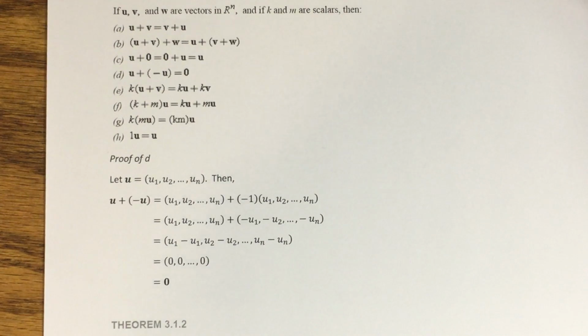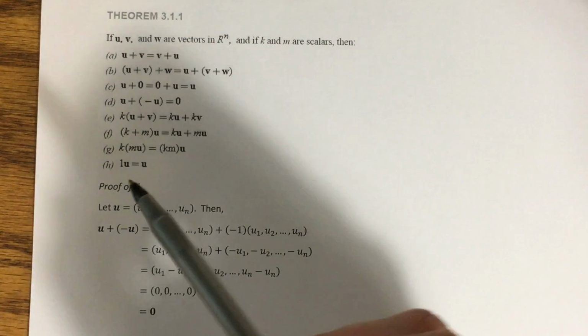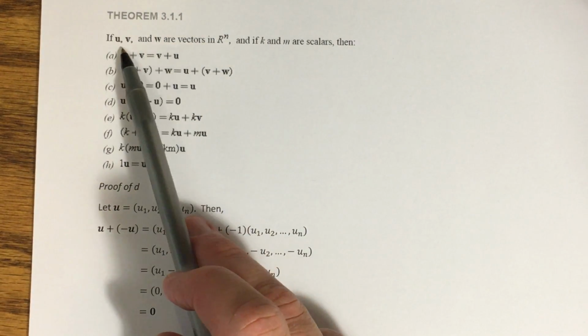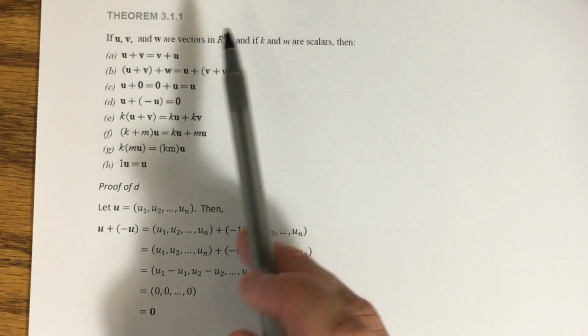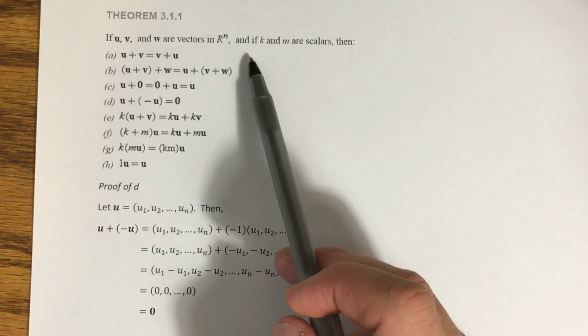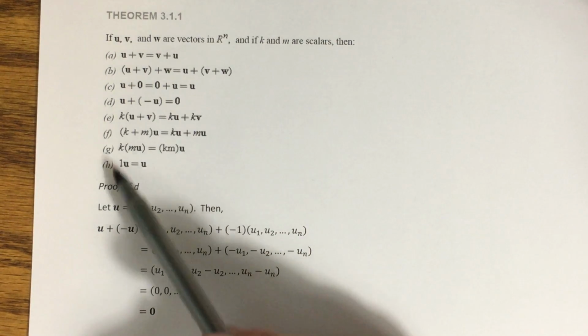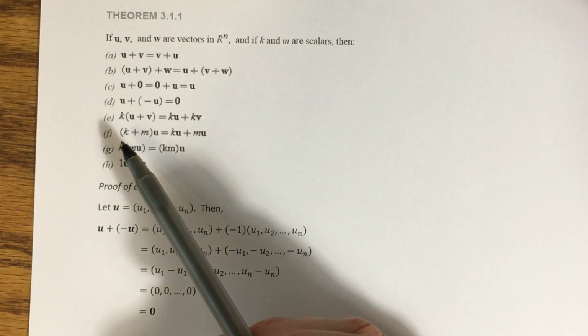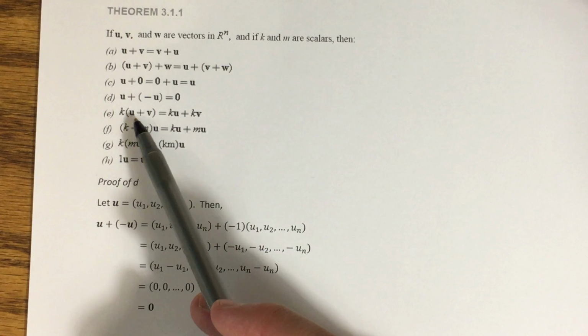So let's talk about some of those properties now. This theorem lists several properties, 8 of them, I believe. So if you have these 3 vectors, u, v, and w, and they're all vectors in Rn, so it doesn't matter what n is here, and if k and m are scalars, then these properties hold. I'm not going to go through these one by one, but you should see some familiar ones in there. The commutative property, for example, associative property,